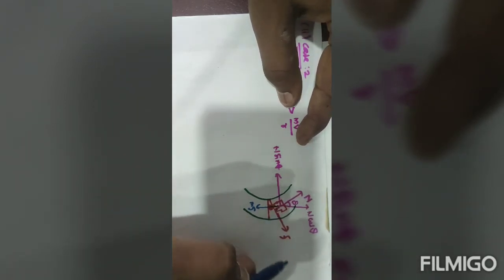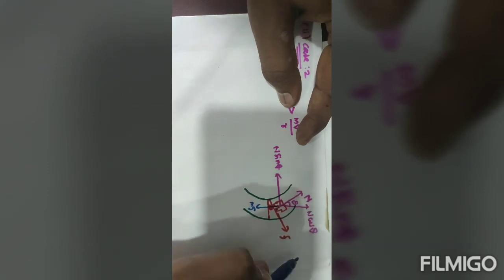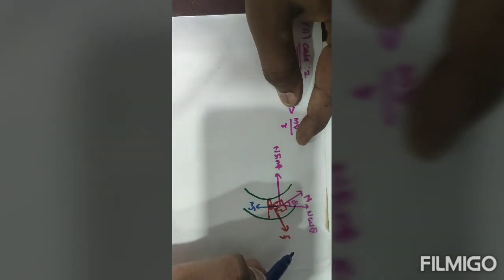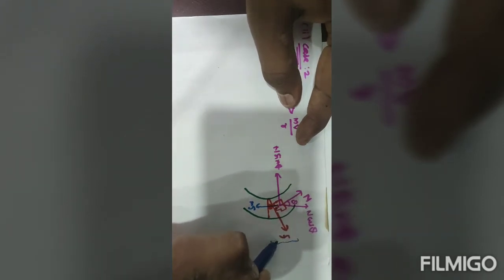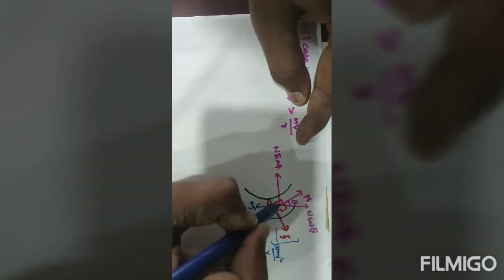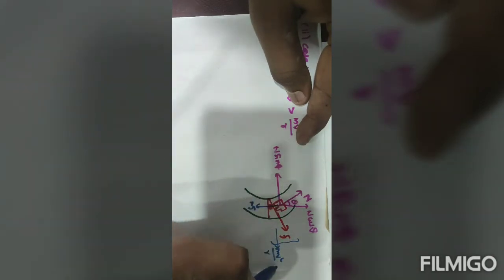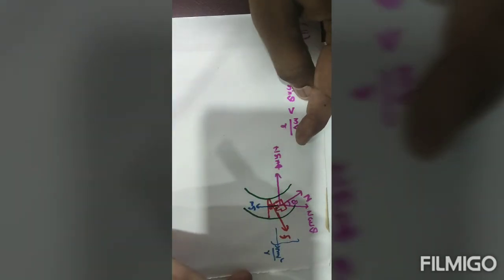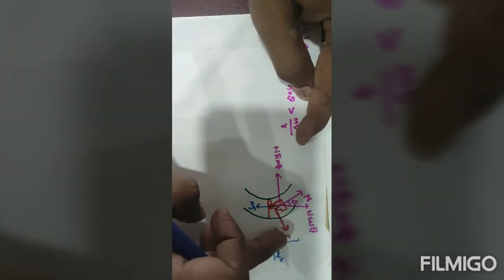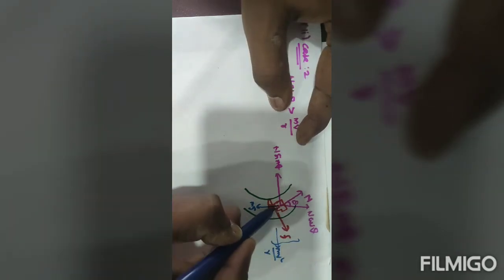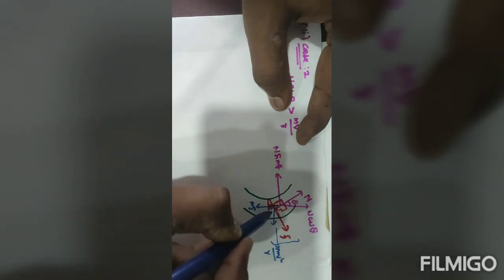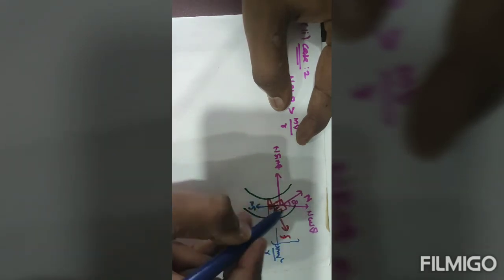Here the frictional force direction, and then mv squared divided by r, on this side. That is, opposite to n sin theta, is mv squared divided by r, that is the centripetal force. Okay, so listen. For F we can write the two components, one is here, and another one is along with the n cos theta.